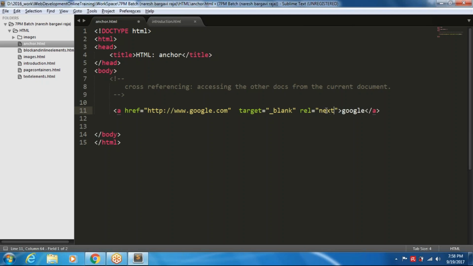It might be the next page in the project, or a previous page. Likewise, you can maintain something called an author page. That means who created this page. If you want to refer, for example,